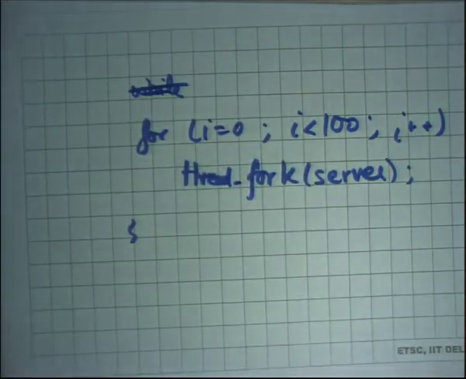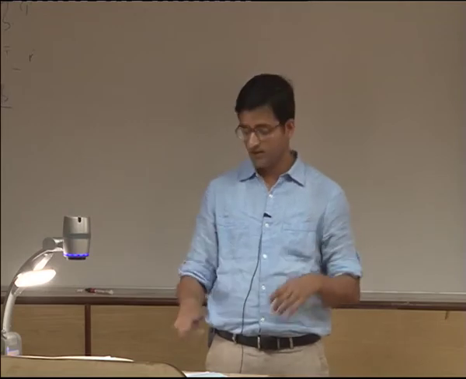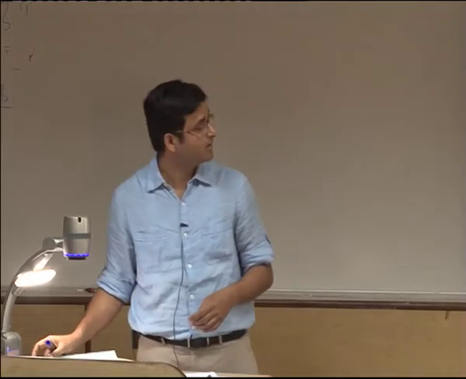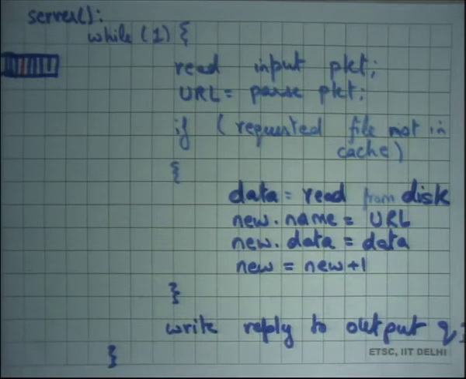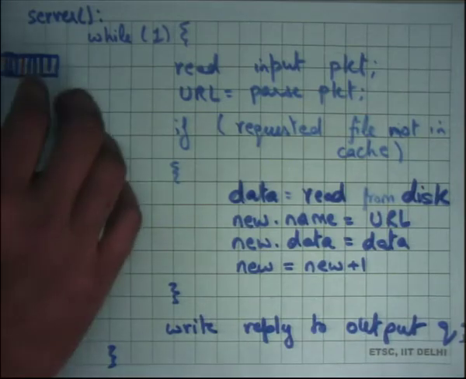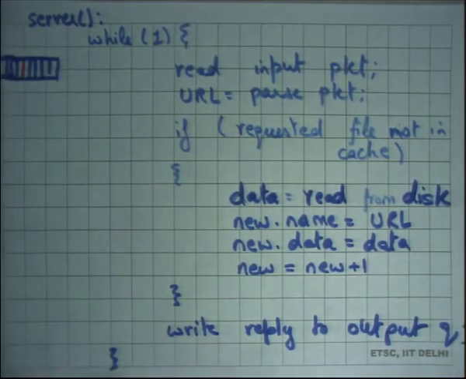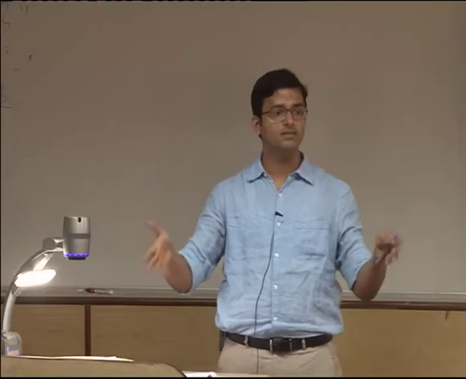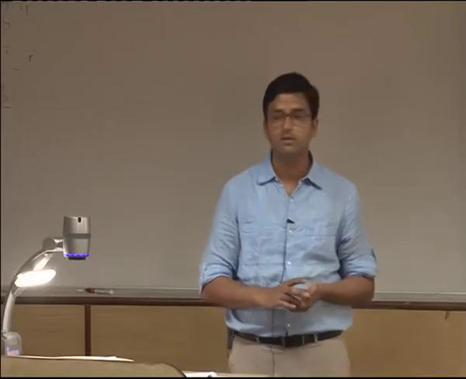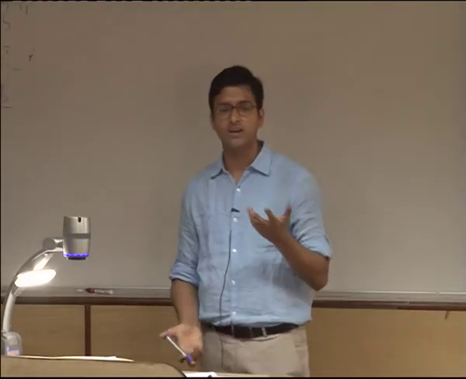So it starts a thread, and it basically says that this thread should be running this particular function called server. So now there are going to be 100 threads that are simultaneously executing this function called server. One of them or many of them could be executing on the queue. Some of them could be waiting on the disk, and so you have higher system utilization overall. How do you choose this number 100?